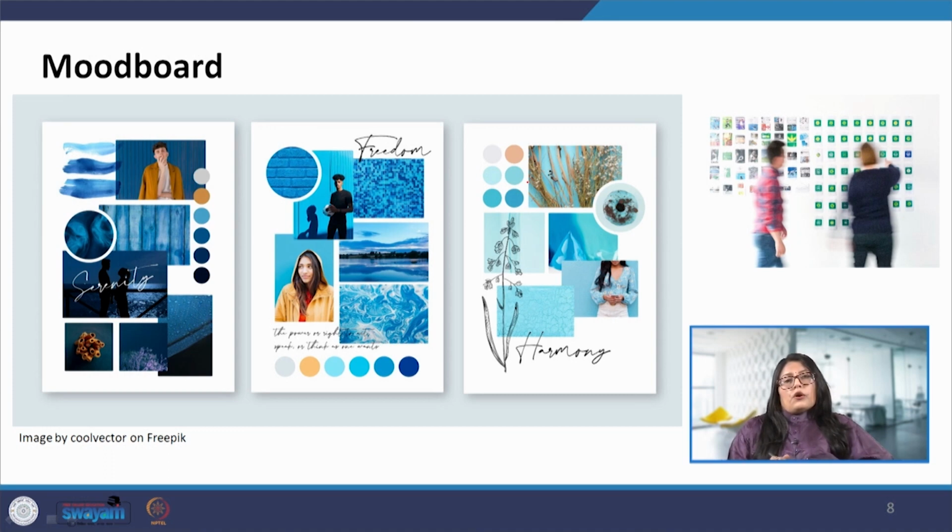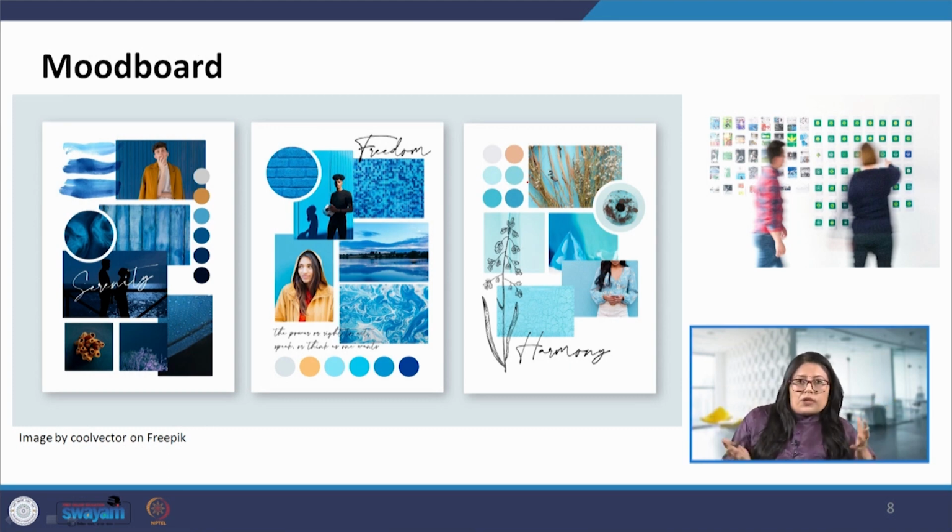If we want something to be, say, adventure sports, then it will have more energy and more enthusiasm. So, what colors, what textures will help in doing so. So, that is important, and this serves as a source of inspiration for the designers to come up with an